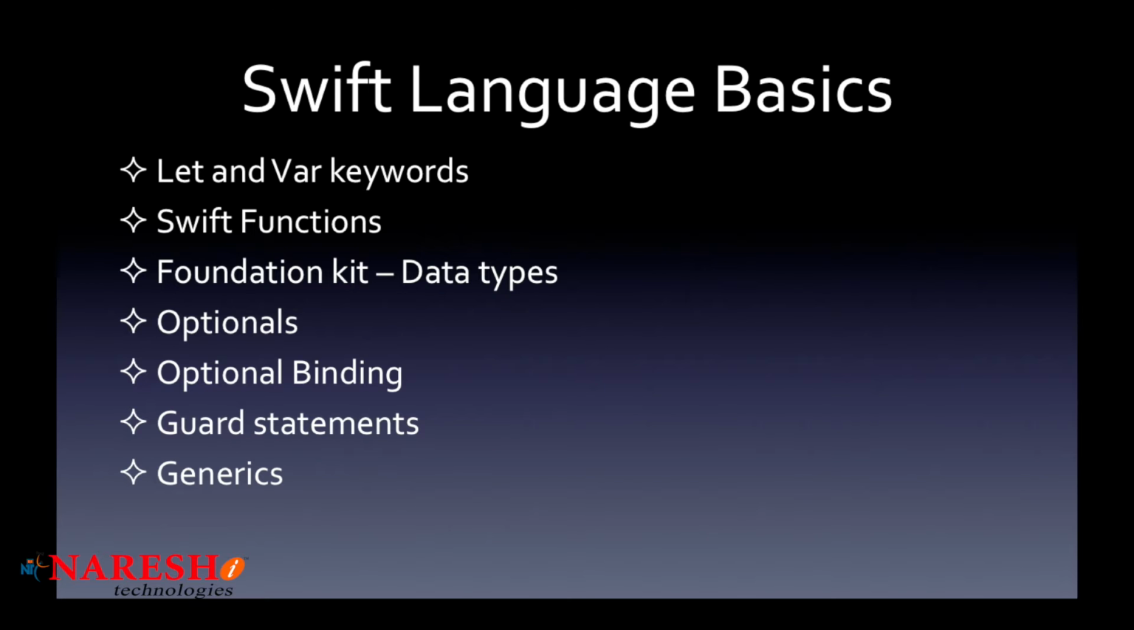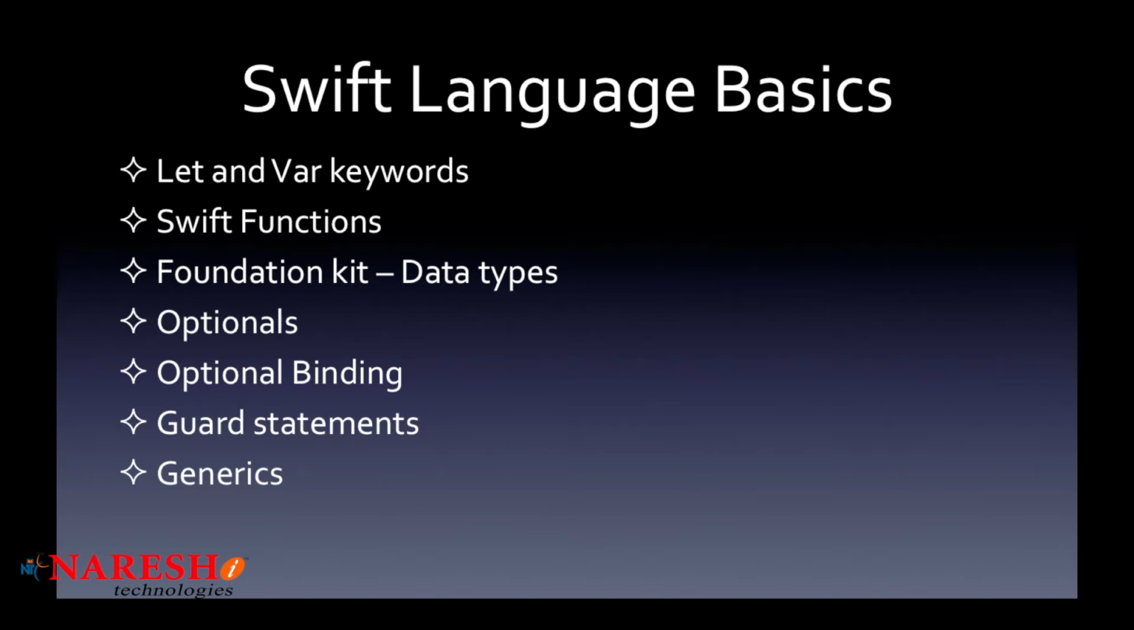Hi guys, today we are going to introduce a few advanced Swift language basics. So these are the let and var keywords. What's the use of let and var? How do we hold all the data types and different kinds of data in the let and var keywords, and how to declare the Swift functions as well as the methods, and what new syntaxes came in